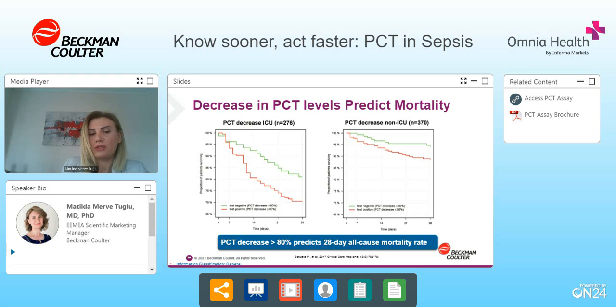Procalcitonin is a host response biomarker that is upregulated by microbial toxins and certain pro-inflammatory mediators and is downregulated during recovery. In addition to its diagnostic value, the kinetics of procalcitonin has also been shown to predict mortality and treatment failure in sepsis. This is the study that aimed to validate the prognostic accuracy of an inability to decrease procalcitonin by more than 80% from baseline to day 4, to predict 28-day mortality in patients with severe sepsis or